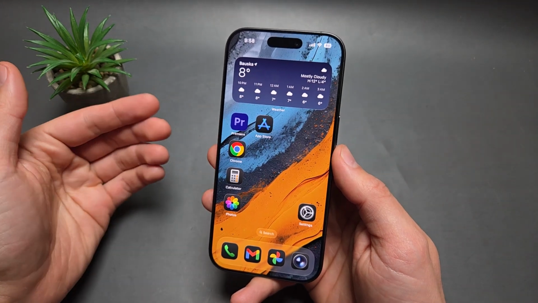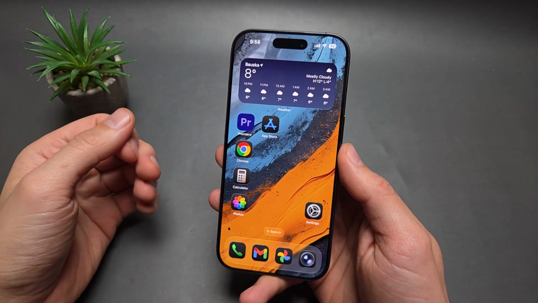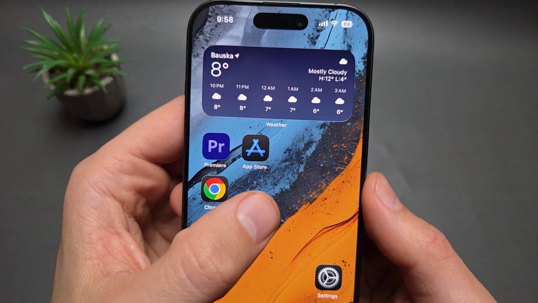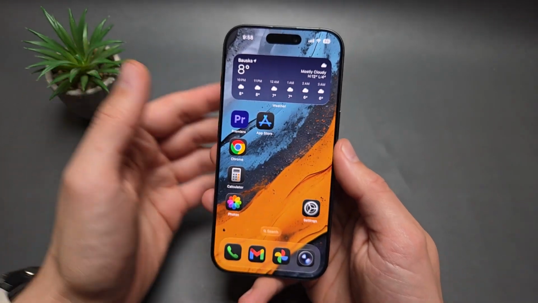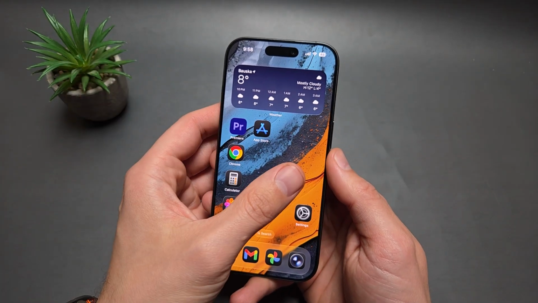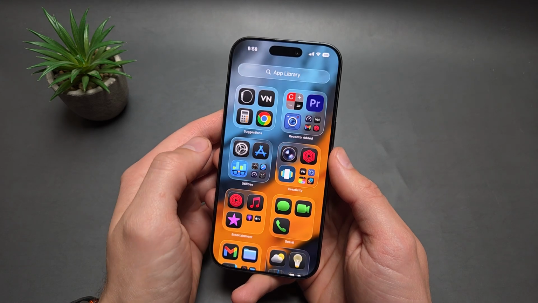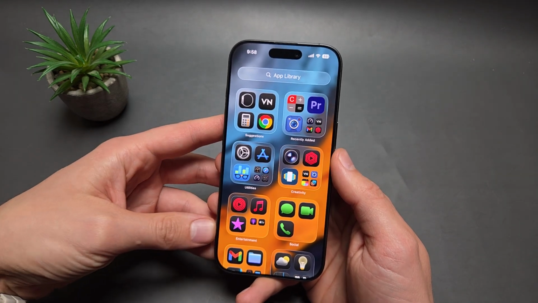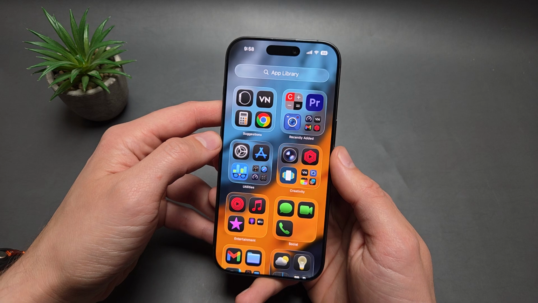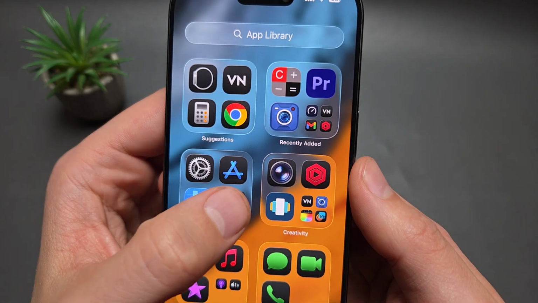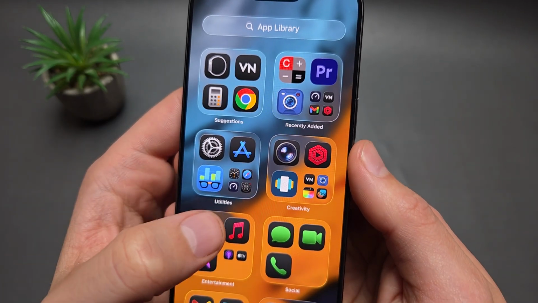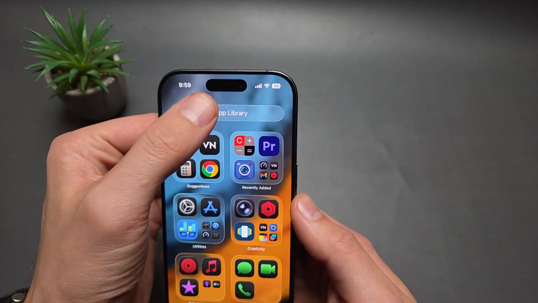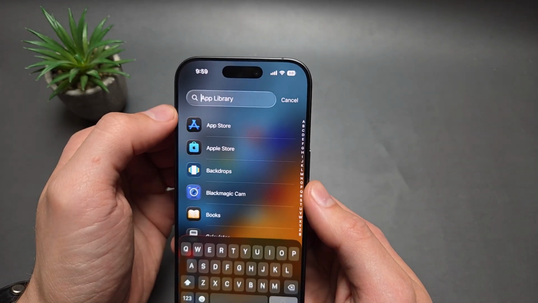Let me show you how to download applications on your iPhone Air. So to do it, we have to actually find this application called App Store, so Apple App Store. If you don't see it on the front page, you can simply swipe like this till you reach your app library. And you see you have different categories for the apps, and you have to search for this A thing, so under the utilities, or also in the search, as you can also pull it up and enter it